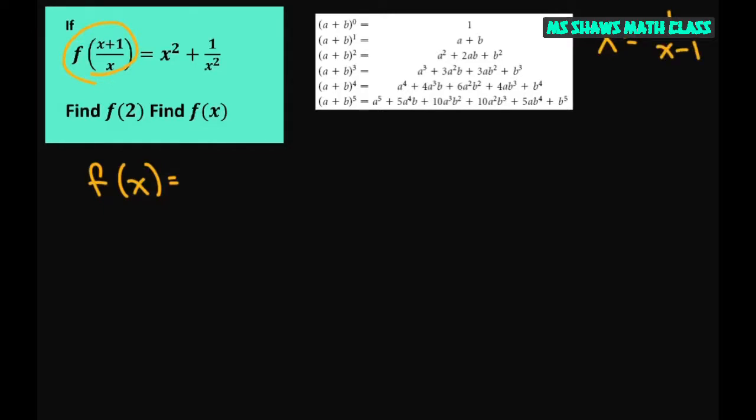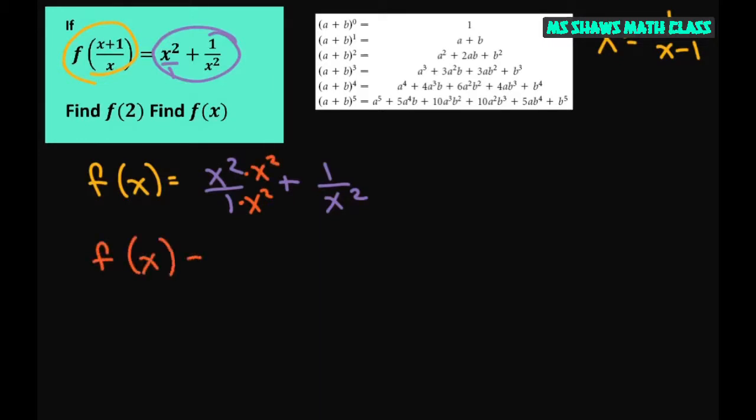So one way to do this is you can plug it in and work it that way. I'm going to go ahead and rewrite this. It doesn't matter if you do what I'm doing, but for me it's a little easier. So I'm going to use my x squared divided by 1 plus 1 divided by x squared. Now I want my common denominator to be x squared, so I'm just going to multiply this denominator and the numerator by x squared. So that way I'm going to get f of x equals x to the fourth divided